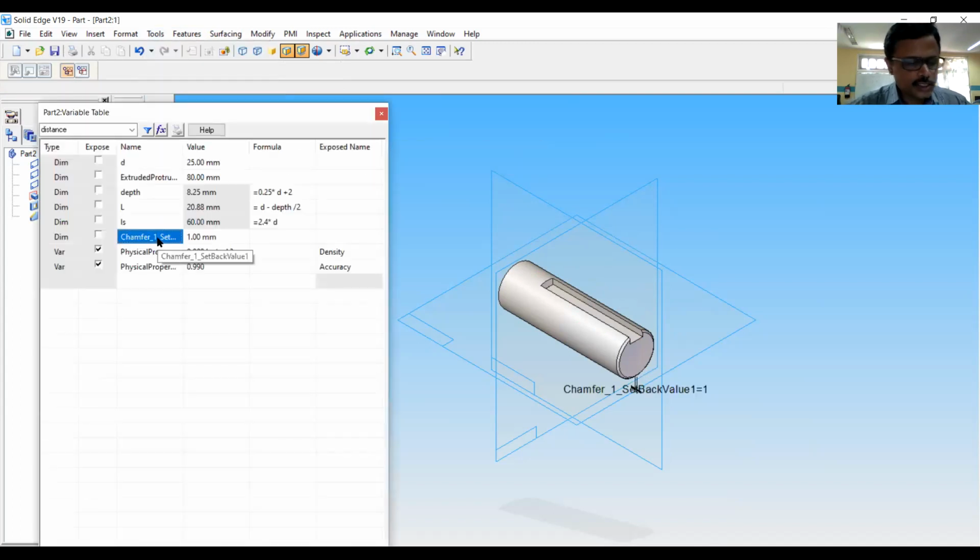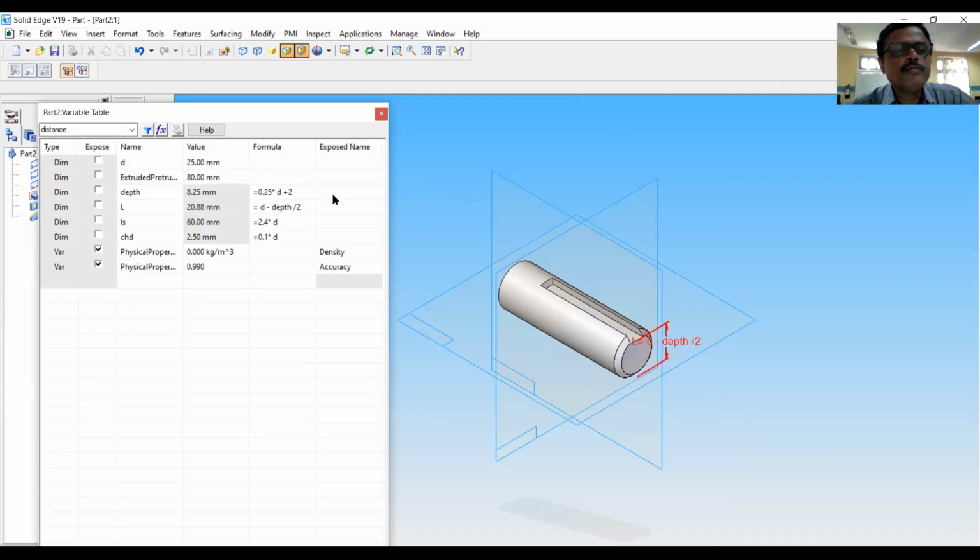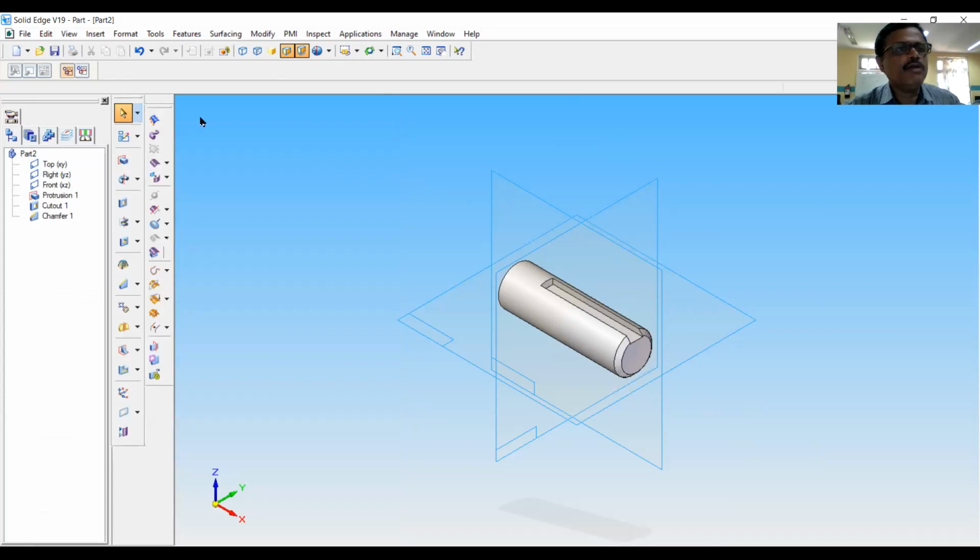See chamfer distance, I will write the variable CHD is equal to 0.1 into D. So that is also now changed to 2.5 mm. So everything is done according to the equation.